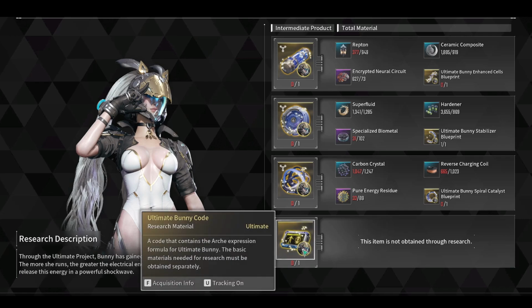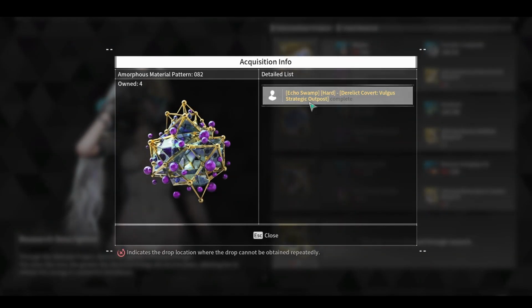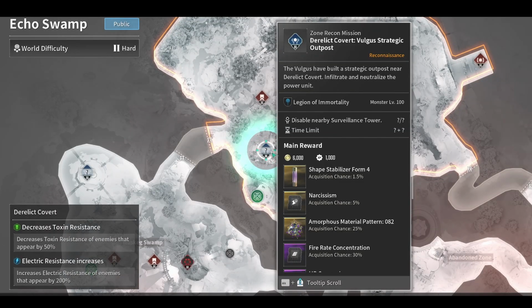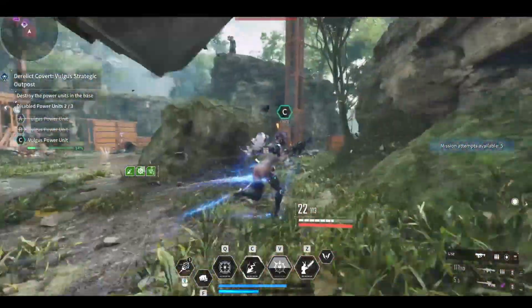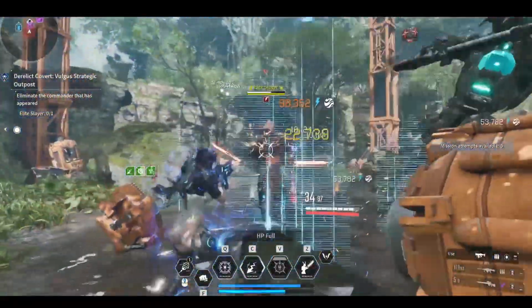The last missing item is the ultimate bunny code that can be found in the Volga strategic outpost in the D-Relic covert with amorphous pattern 82. As you can see, this one is rather easy to farm. You do not have to successfully infiltrate the outpost as it's the main reward for just destroying everything in the outpost. So take your favorite character, just go in, nuke the whole outpost several times, loot the amorphous material pattern 82,